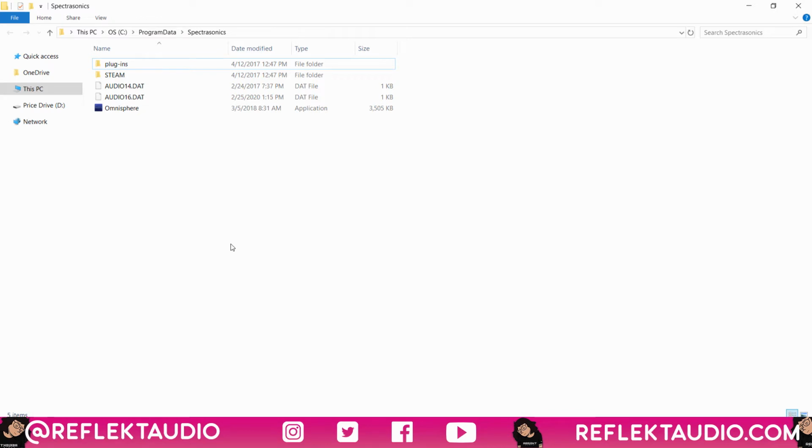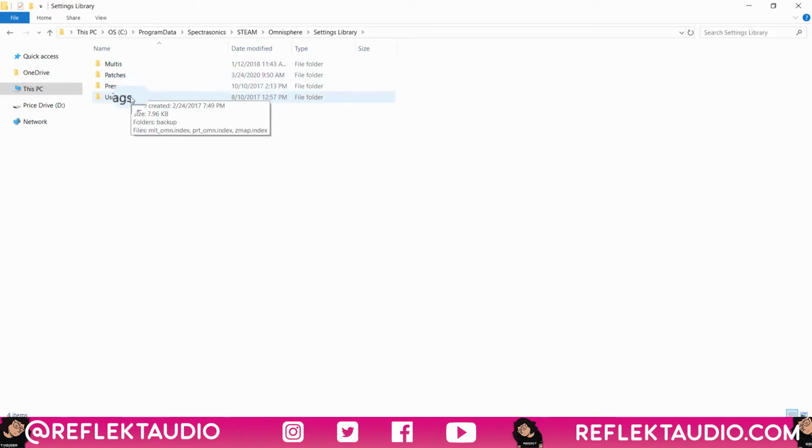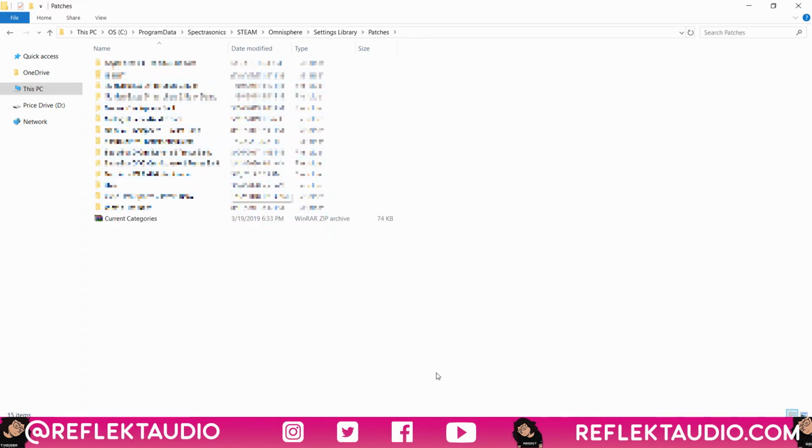Now, moving forward, we're going to head over to the Steam folder. We're going to double click on the Omnisphere folder, and then double click on the Settings Library. Within here, we have a whole bunch of different multis, patches, presets, and user tags. For this demonstration, rather, we're going to double click on patches. As you can see, we have a whole bunch of different presets that I've created,